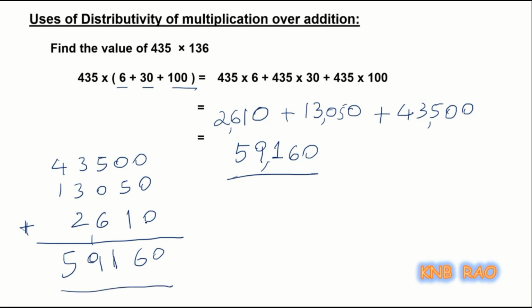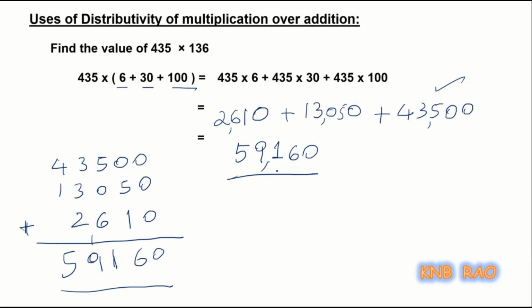So we could convert multiplication of much bigger things into smaller things. Here easily we can say 43,500 because it is multiplied by 100. Easily we can say 435 into 30 as 13,050, just 3 into 435 we did. This is a little bigger one, but we can do it with single digits faster. Otherwise you have to do the traditional method of multiplication. If you are confident in additions and little simple multiplications, you can do faster wonders.